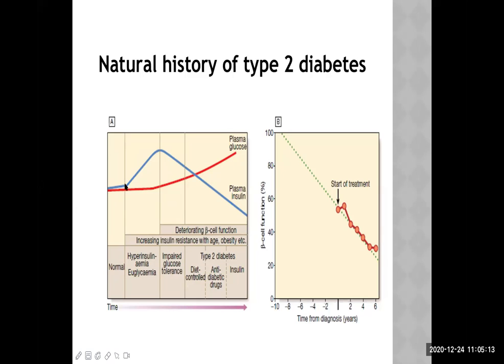Hyperinsulinemia. The beta cells are secreting a greater amount of insulin, and that increased amount of insulin is controlling the blood sugar level. So euglycemia is there. Now later on, insulin resistance has developed because of so many different factors which we just discussed. Maybe the genetic susceptibility, maybe type 2 diabetes is because of obesity, isn't it? Acanthosis nigricans and different types of things.